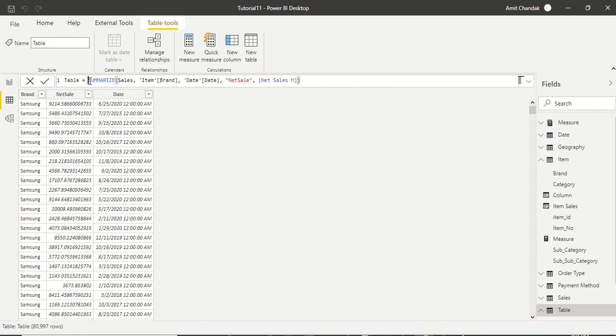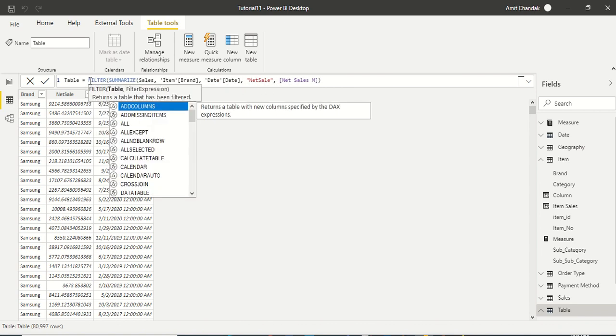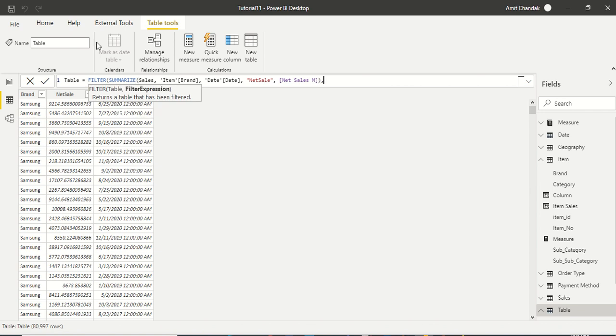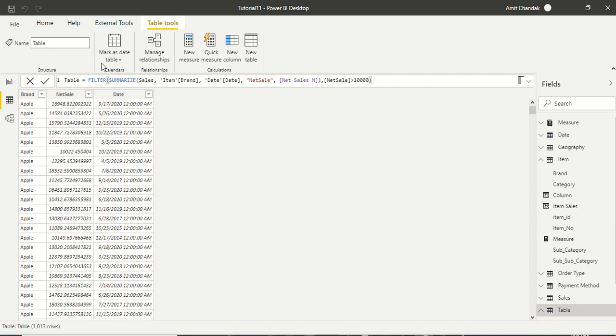Now one more thing which I can do here is filter on net sales. This is a post filter, so I'm not doing the filter before I summarize, I'm doing the filter after I summarize. So if my summarized value is greater than 10,000, then only I want to consider it, so filter that. If it were line level, like if I wanted to filter some item, or filter line level sales, then I would have given a filter inside. Now I have given a filter outside.